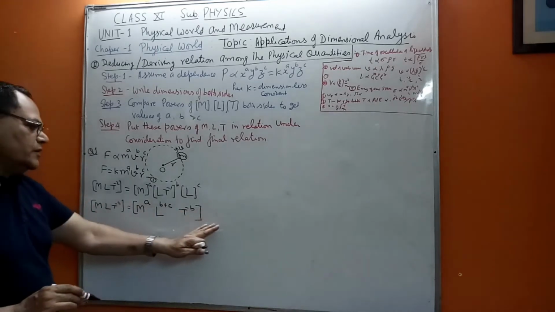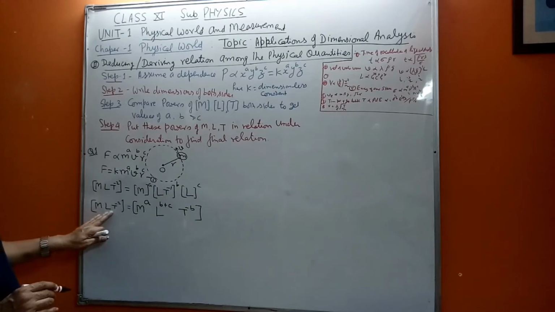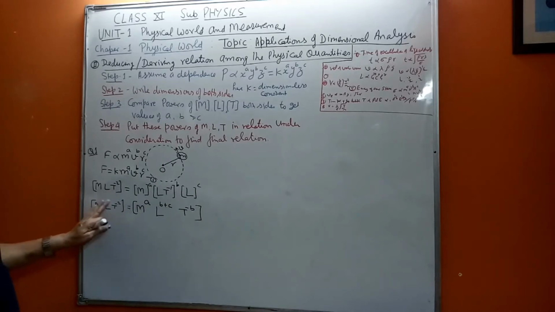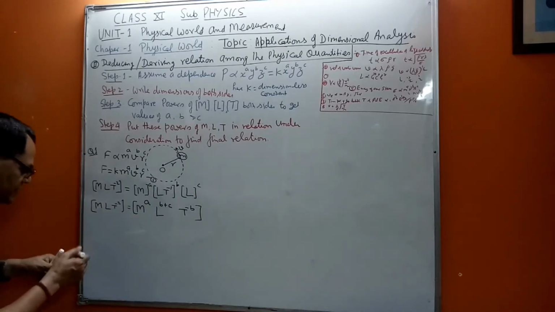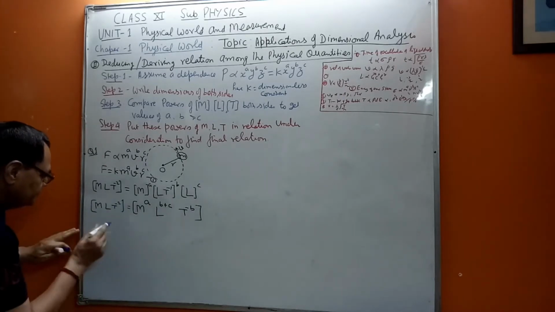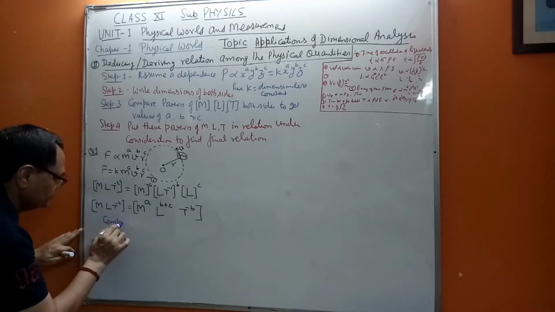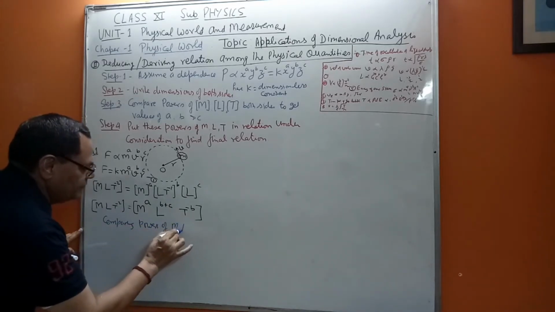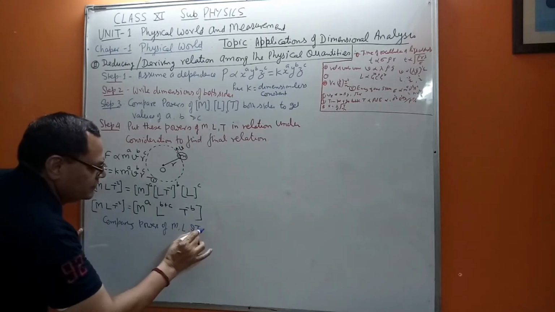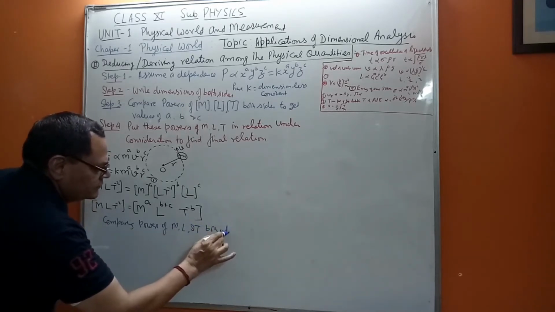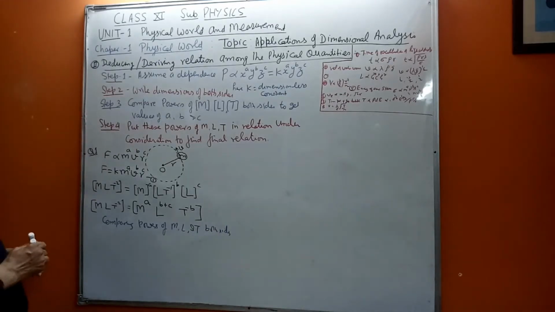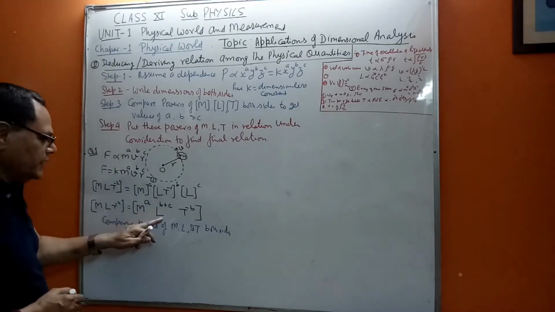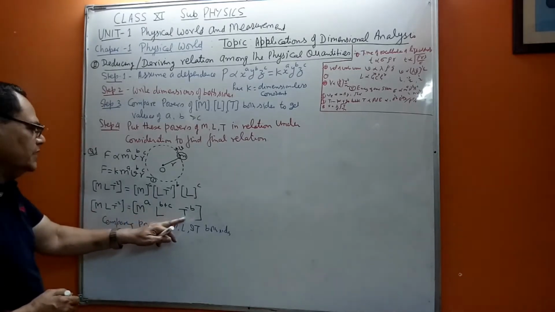So after simplifying the equation till this step, now here is also M, L, T and this is also M, L, T. So we can simply compare the powers of M, L and T on both sides. You can compare the power of M here with this mass, and of length L this side, and the time this.